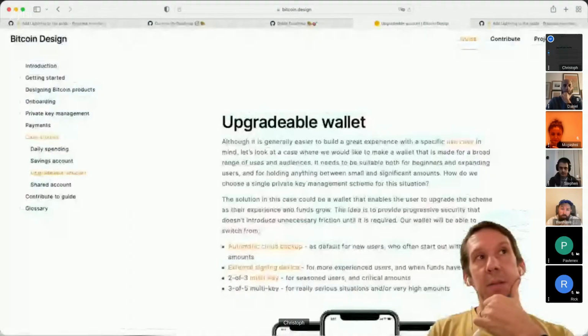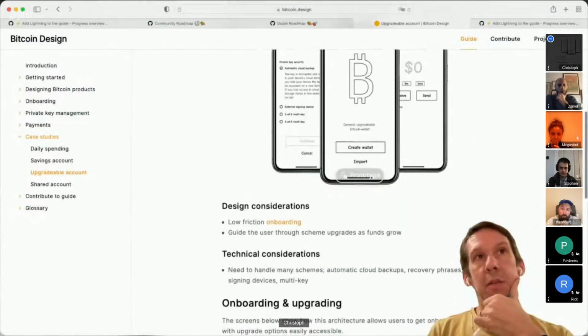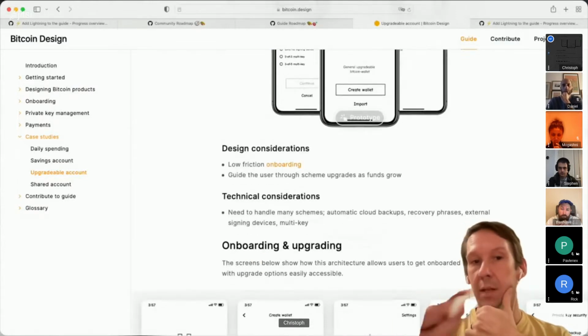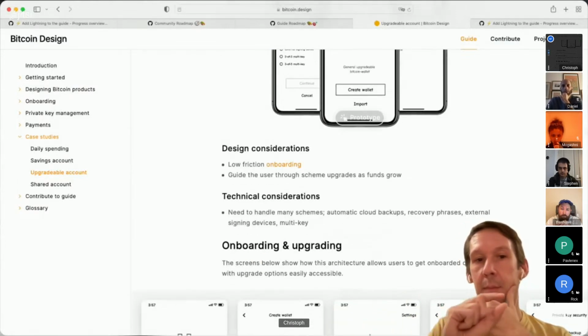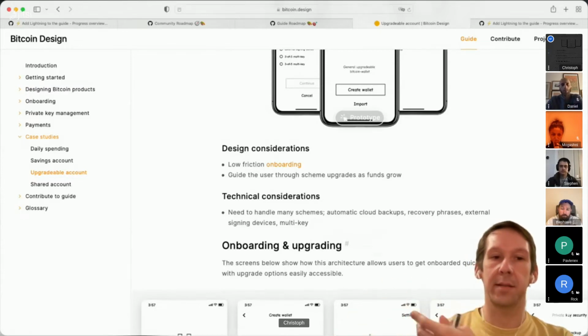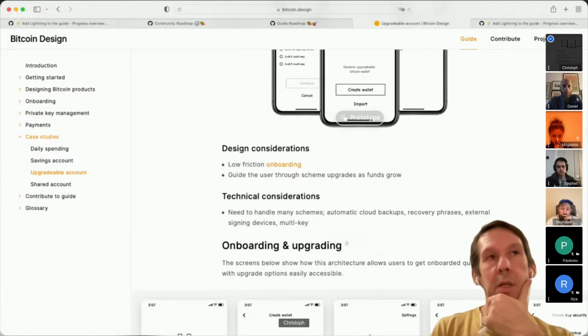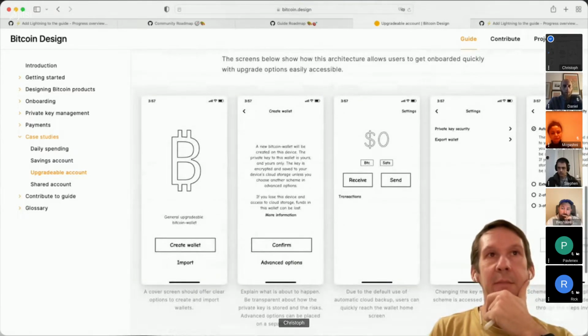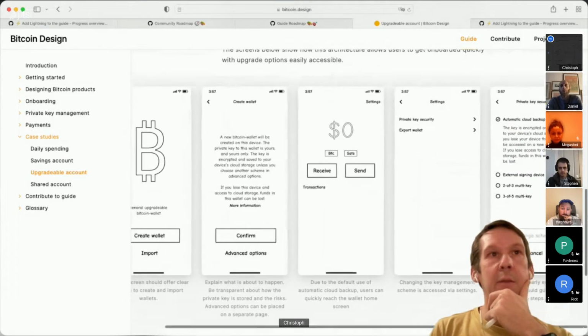Yeah, I mean, might as well rebuild it all with the wallet UI kit. That'd be my first thought. Or with something like upgradable account, we could also get rid of things like the home screen here and just focus on the unique flows that are particular to this kind of upgrading process, or downgrading too. So we could also get rid of some of this stuff here and just focus on